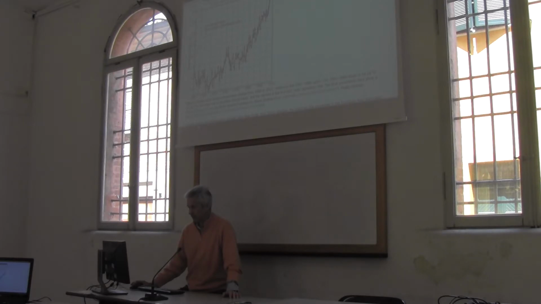Okay, and then look at what happened recently. Around 1990 it was still quite constant. From 1990 to 2000 there was a sharp increase. There was a hiatus from 2000 to 2014, this region here. And this originated a lot of discussions, a lot of research questions, because in 2000, after the sharp increase from 1990, the prediction of climate models was a very sharp increase in the next 10 years, while in the next 10 years they had a stabilization.